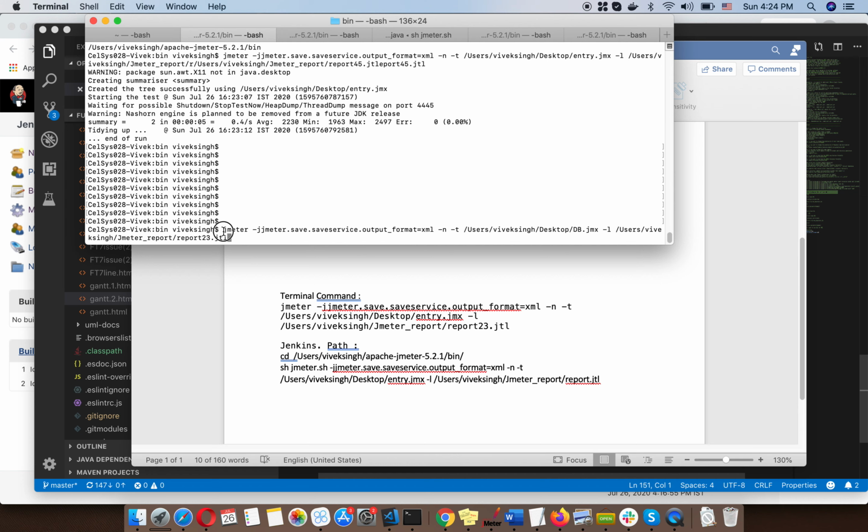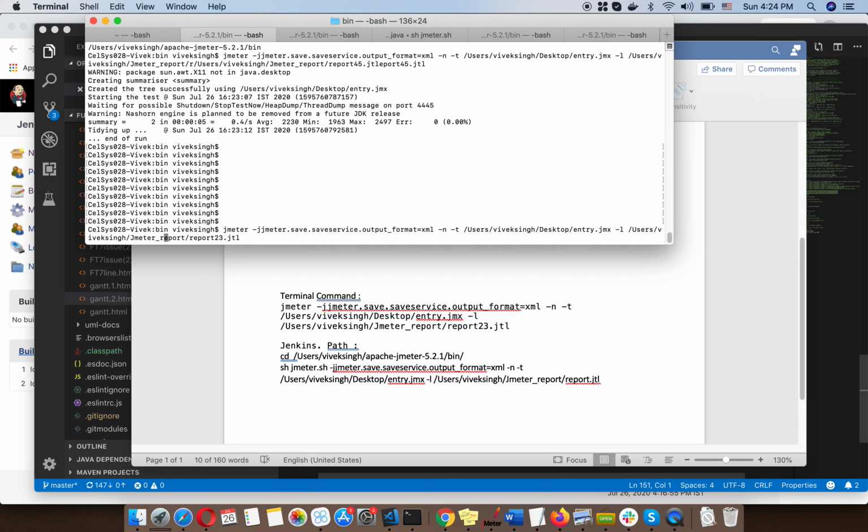So the very first thing is what we have saved in our user.properties. The next thing is whatever JMX file you are using, and the third thing is where you want to store your report. Just one change I have to make. I want to use entry.jmx, which I already showed you that I have stored on my desktop.